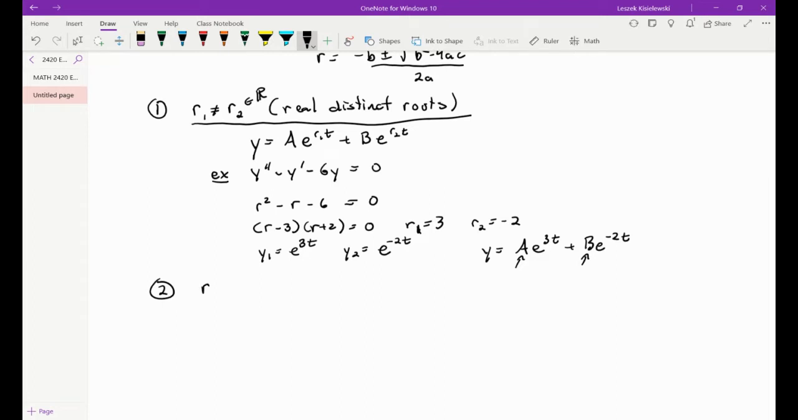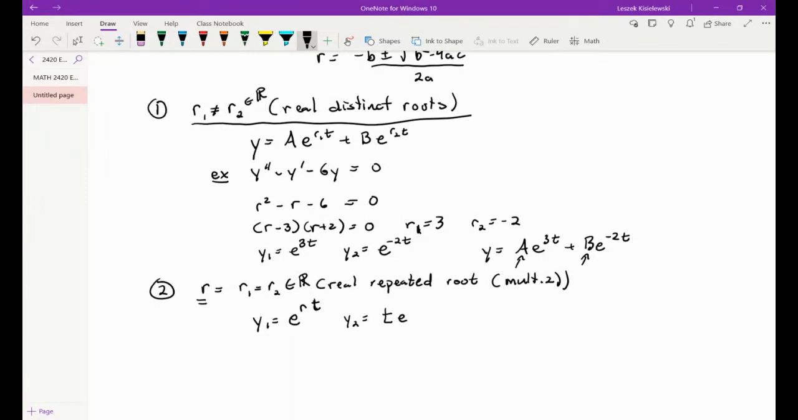Okay, so the second case is where the roots are real, but they're repeated. So it's a root of multiplicity 2. We'll just call that root r. So this is the real repeated root, or a root with multiplicity 2. Okay. In that case, we know that one of the functions in our fundamental solution set will just be our exponential raised to that root times t. And the second one, in order to guarantee linear independence, and we can use reduction of order to prove this,